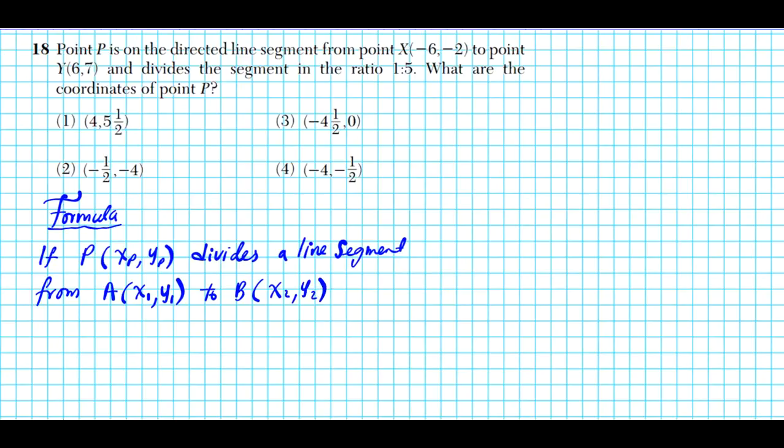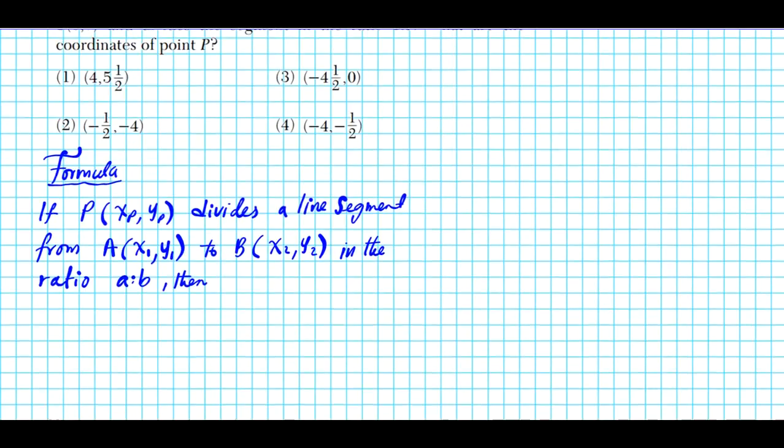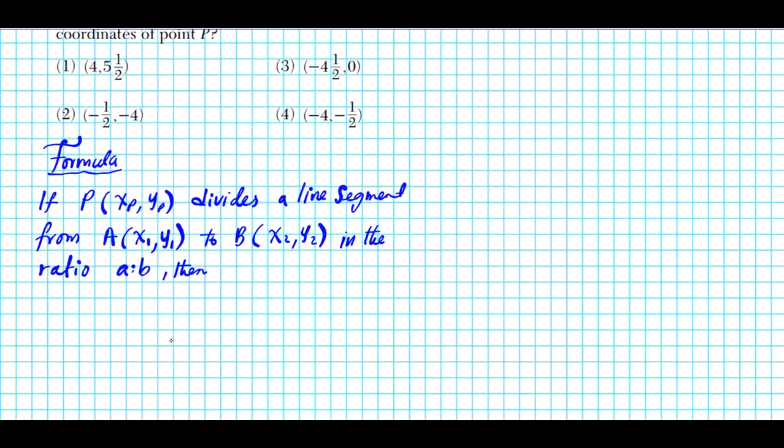Let's say it divides this line segment in the ratio A to B. Okay, so if this is a scenario, then the coordinates of that point in the center is going to be